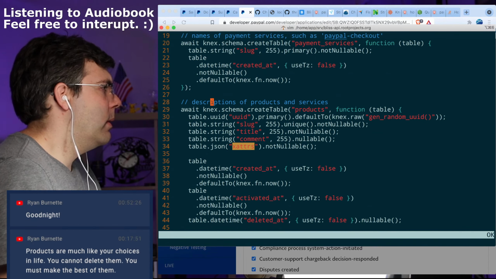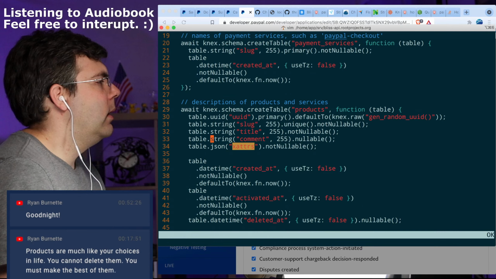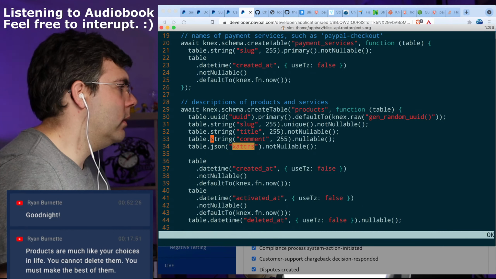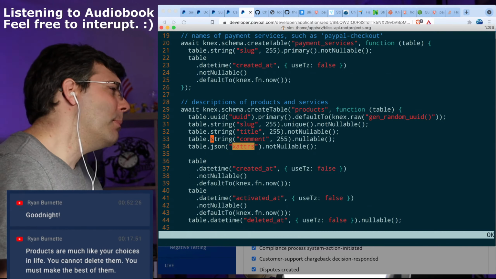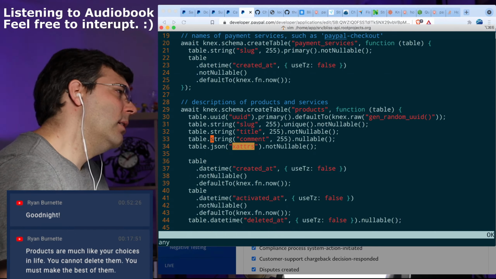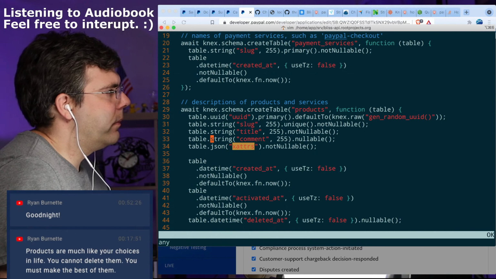And that needs to be for plans and for products and for subscriptions, really, which I kind of want to rename to purchases. I'm not really sure on that.